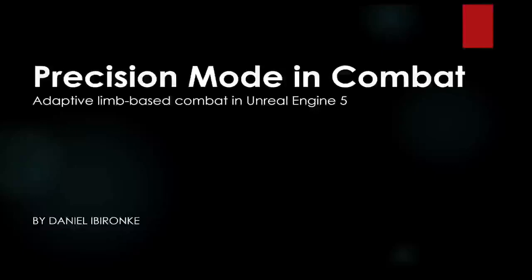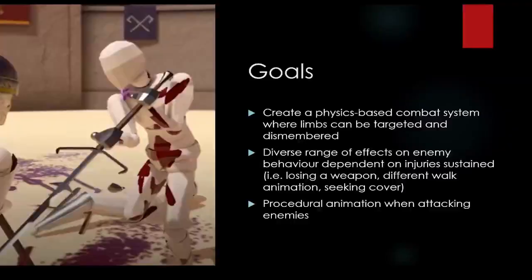I'm Daniel. My project is on adaptive limb-based combat in Unreal Engine 5, exploring how precision targeting and enemy AI can be used to create dynamic encounters. My project's aim was to develop a physics-based combat system where individual limbs of an enemy can be attacked and dismembered. Depending on the sustained injuries, enemies behave differently, switching to a different weapon if an arm is lost, for